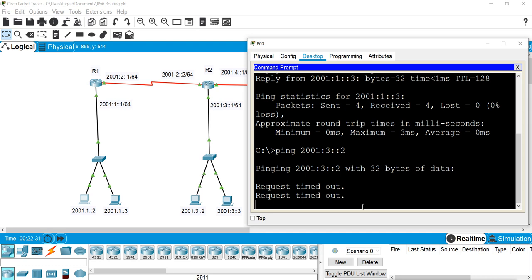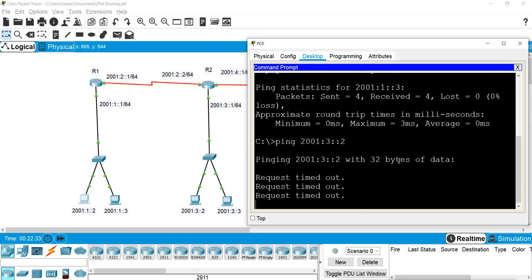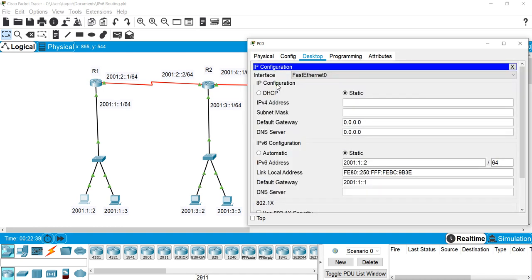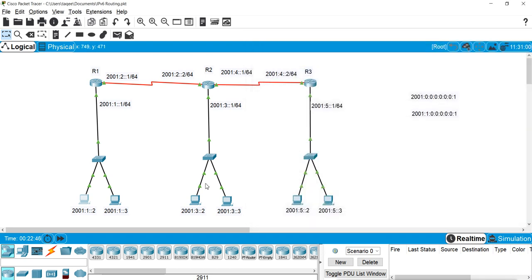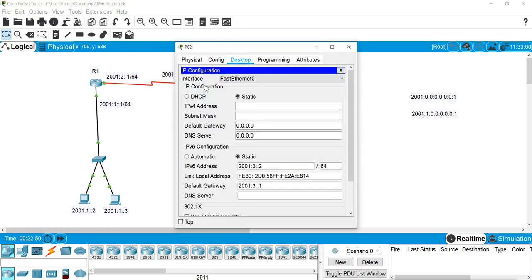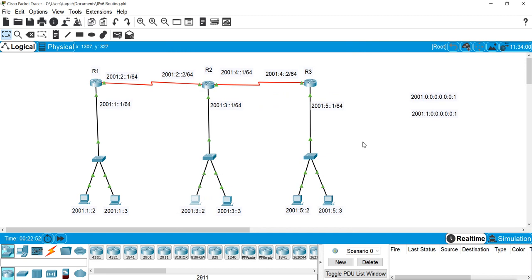It can't ping because we have not configured the routing. So we have to configure the routing so that they can communicate with each other.